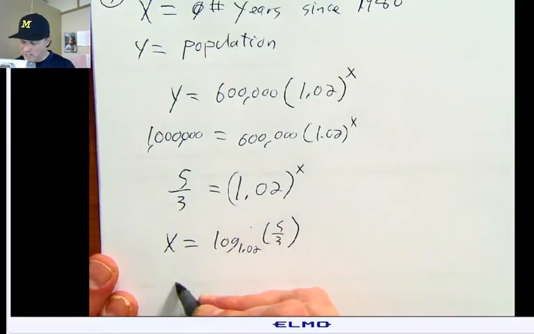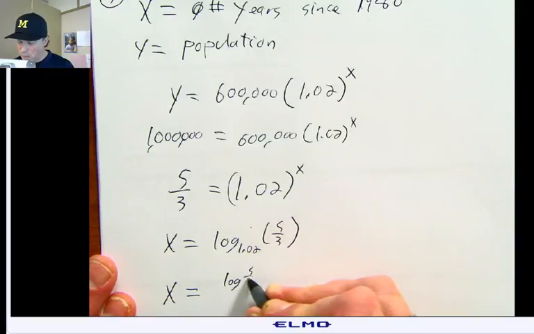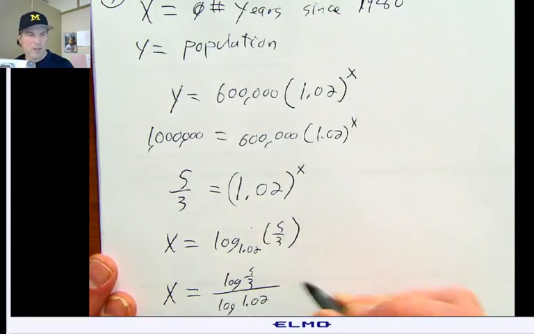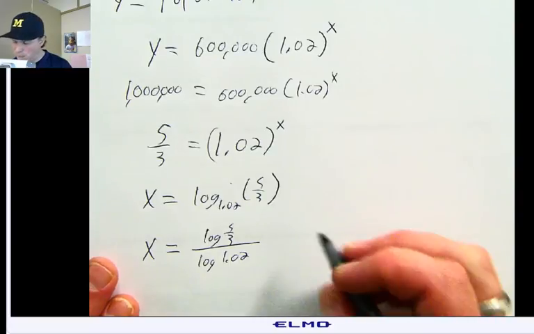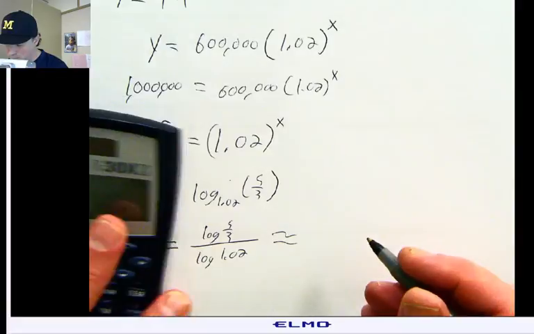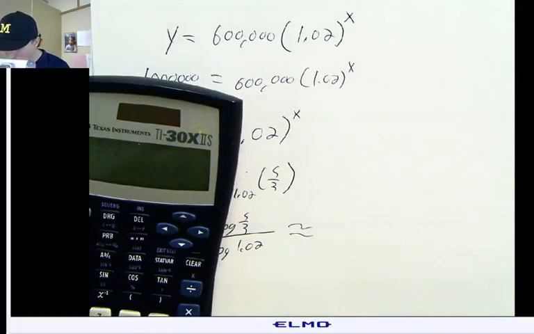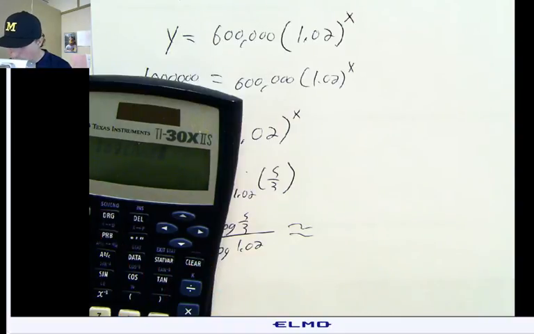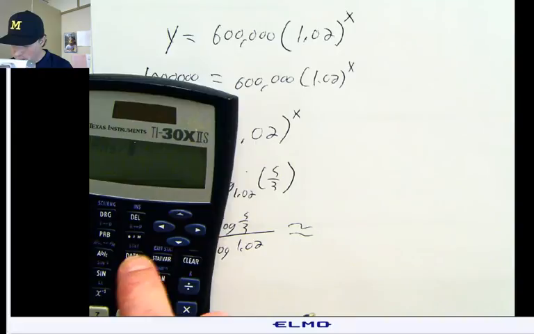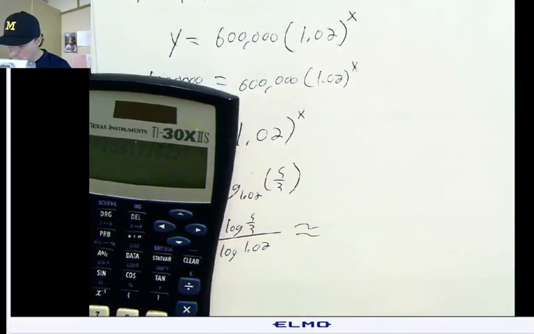That's my exact answer, but we need a real life answer. So if I go log 5/3 divided by log of 1.02, I get approximately, let's see, so I go 5 divided by 3, hit enter, log of that number, hit enter, then divided by log of 1.02, and I got